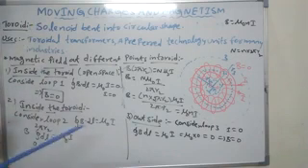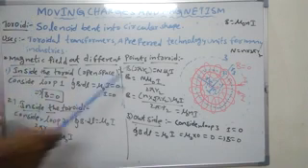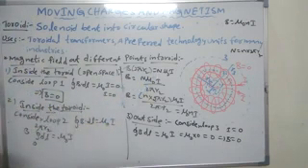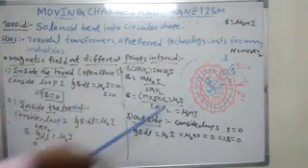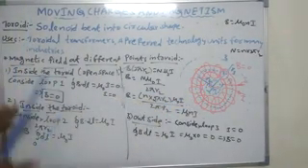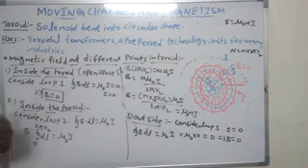On its axis, the toroid magnetic field is how much? μ0 n I, where small n is N by 2πr, or else N μ0 I by 2πr2. Inside the toroid open space, how much is it? 0, because current enclosed by the Ampere loop is 0. I hope you understood. So magnetic field at different points in case of toroid: inside the toroid in open space it is 0. Inside the toroid on its axis, it is μ0 N I by 2πr2, or else μ0 n I, where small n is N by 2πr.